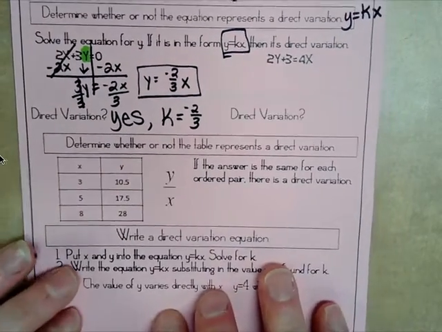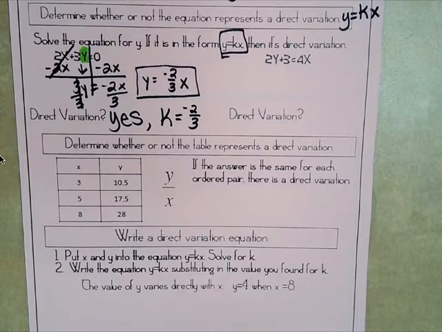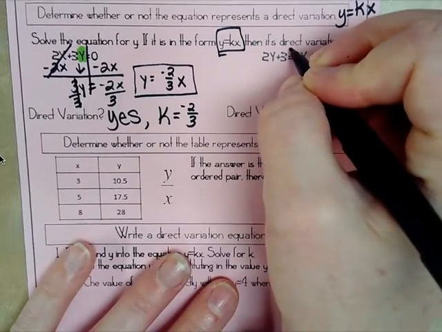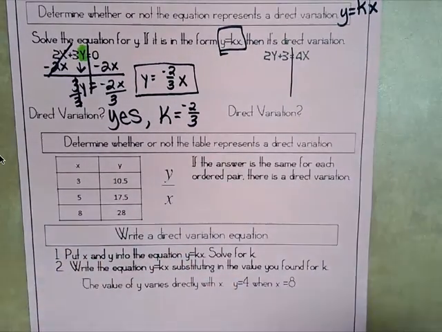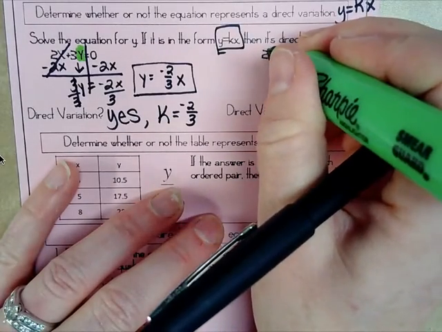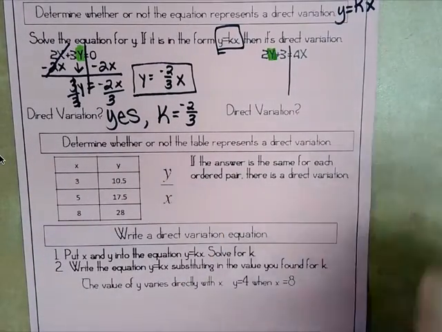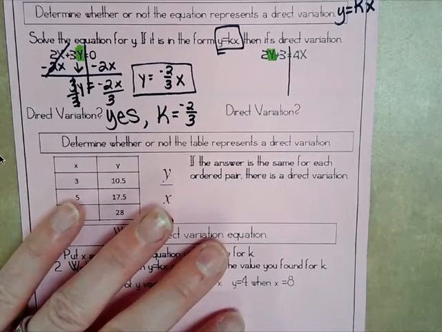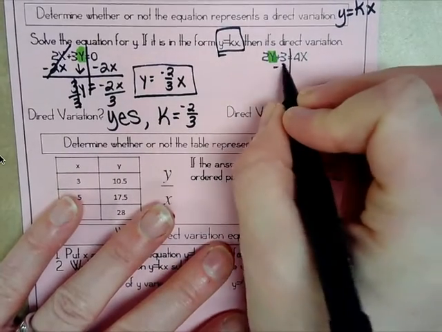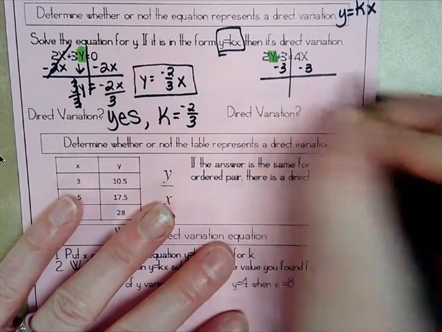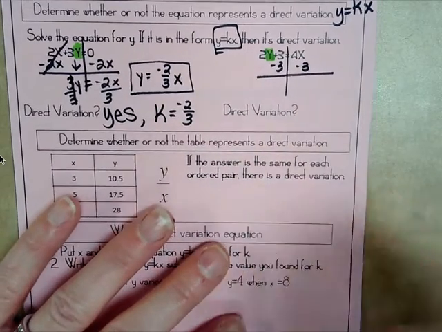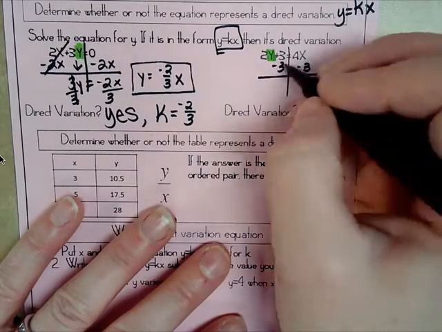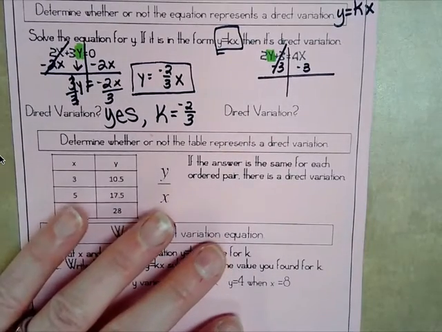Okay, let's do the next one. 2y plus 3 equals 4x. Draw your line down your equal sign. We want to get y by itself. So what do we need to move? The 3. So how do I move the positive 3? Minus 3, minus 3. Whatever you do to one side, you have to do to the other. These 3's will zero out,